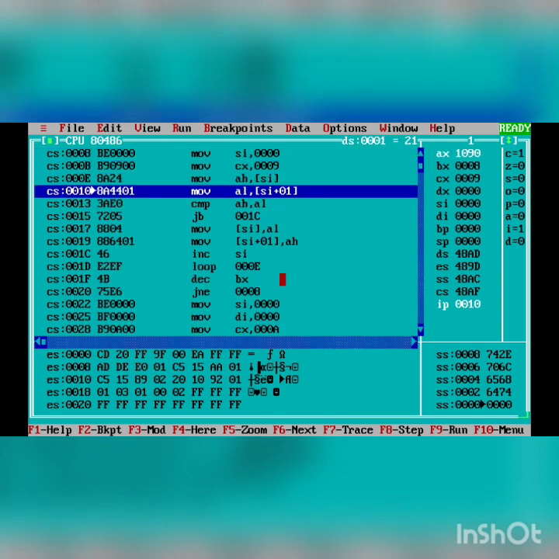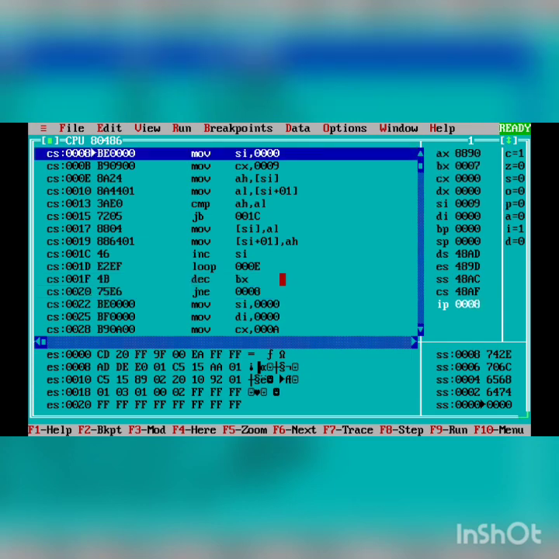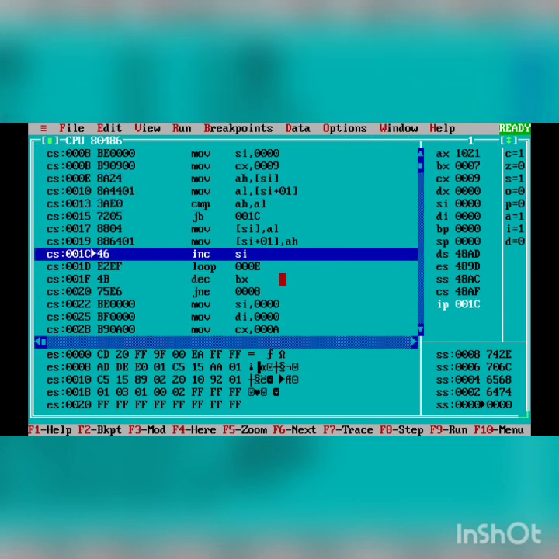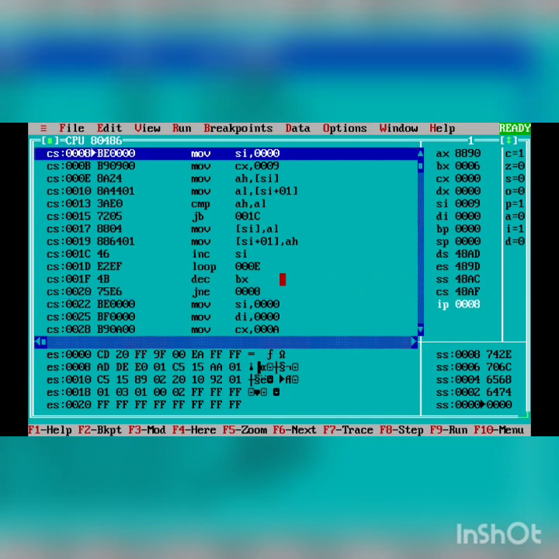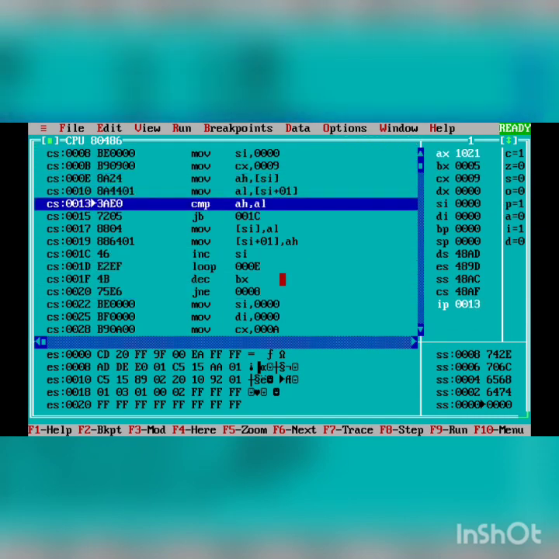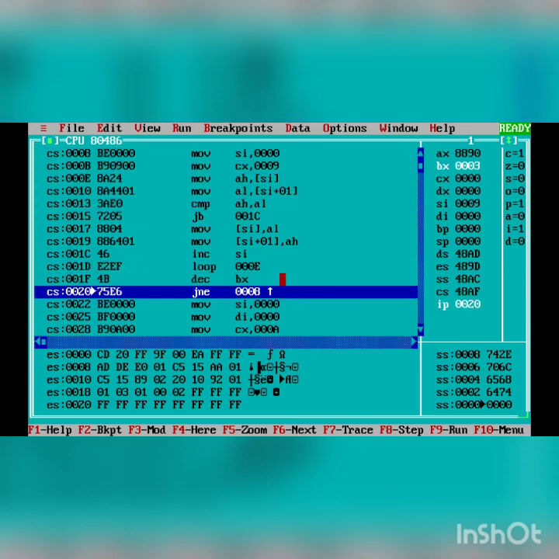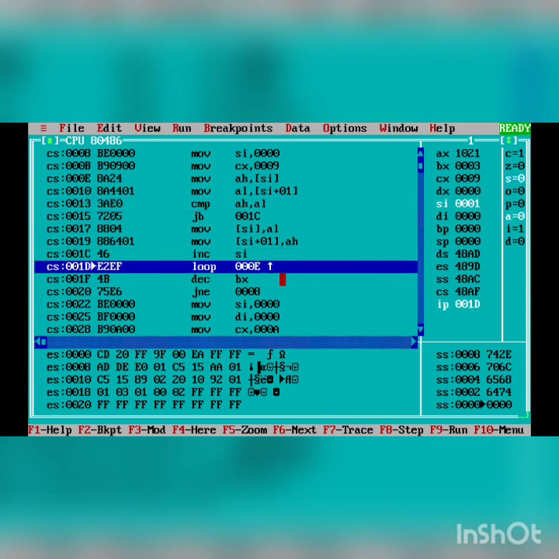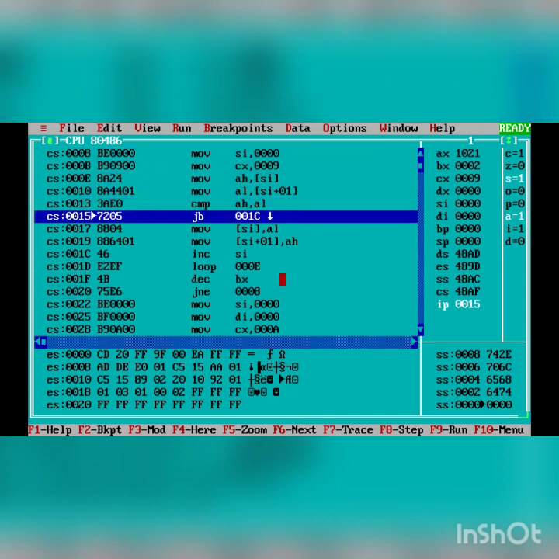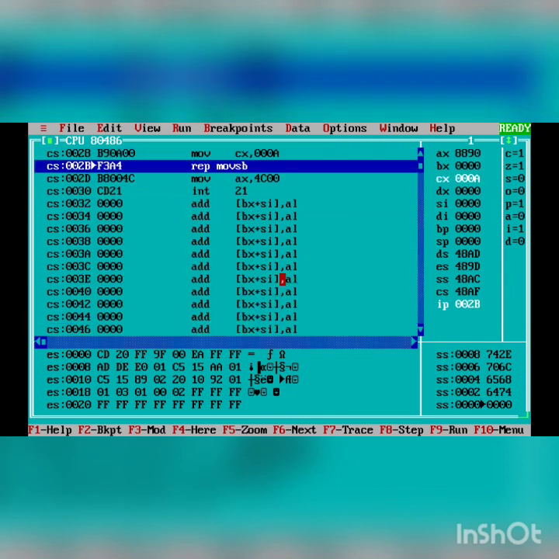So here each pass will be covered in a single loop, so the 9 comparisons within the block elements will be skipped here. We go on pressing these keys until we see something change in the extra segment, until we move to the string instruction. Yes, we have moved to the string instruction.